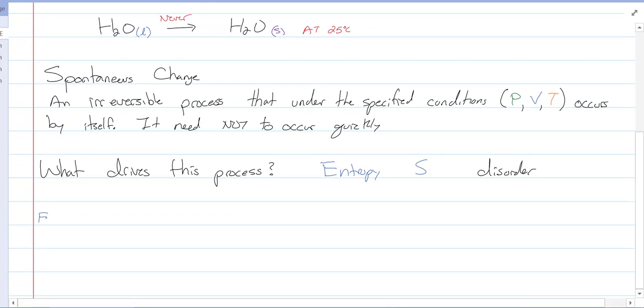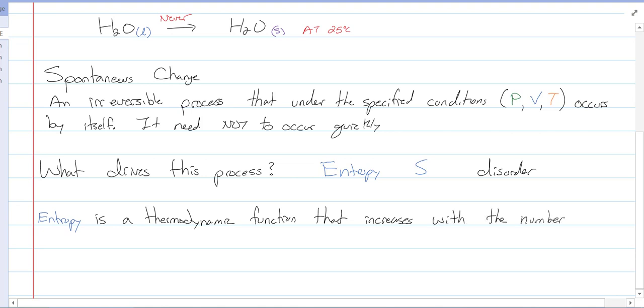Entropy is a thermodynamic function that increases with the number of equivalent ways, energetically equivalent ways, to arrange the components of a system